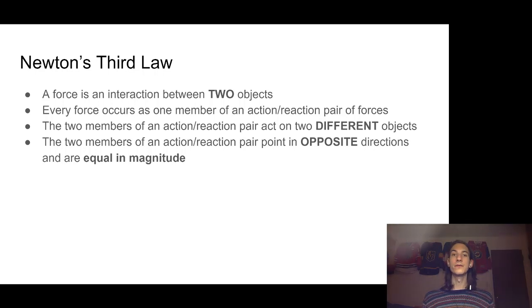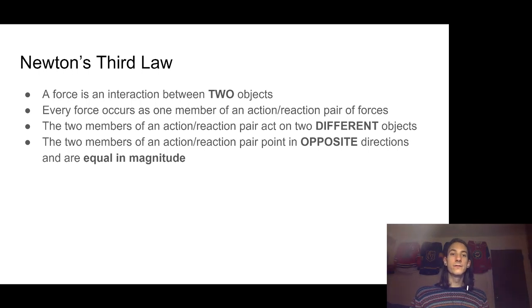So a force is an interaction between two objects. So in order to have a force, you need two objects. One single object cannot force itself. This mug can't force itself. I can't apply a net force on myself. I can't make myself accelerate just on my own. If I was out in space, I couldn't push on my arm and I wouldn't accelerate. I'm one object. So you need two objects in order to have this force.